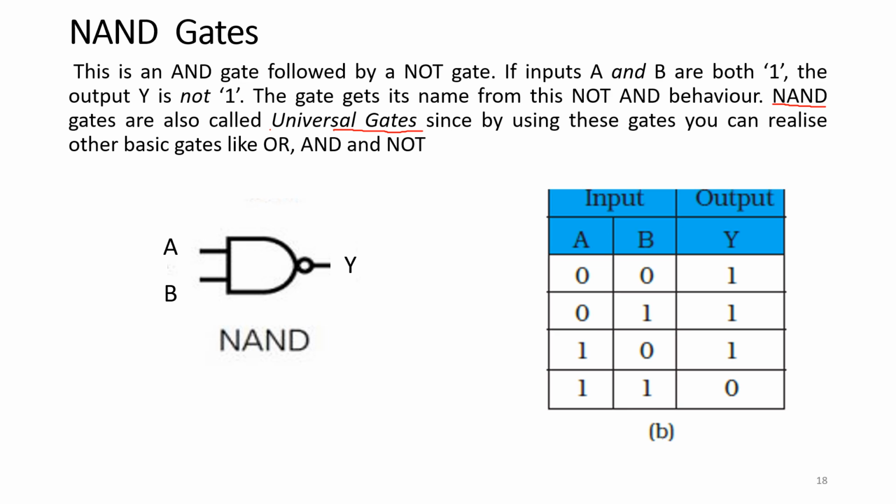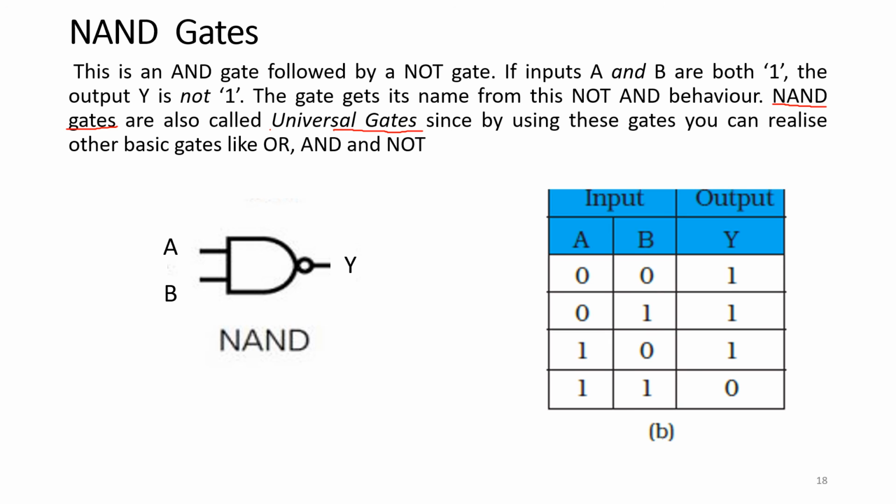Sometimes there may be a multiple choice question or a new type question, so please remember. By using the NAND gate, you can realize all other basic gates. That is, using a NAND gate you can form a NOT gate and an OR gate. Please remember. So this is the logical table.